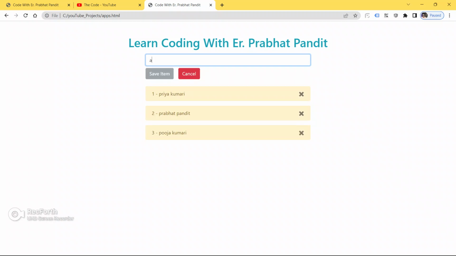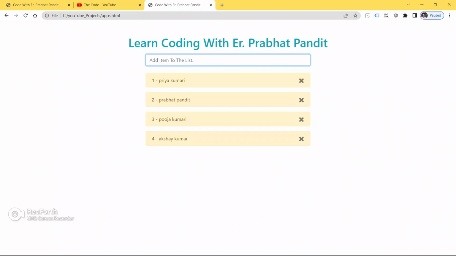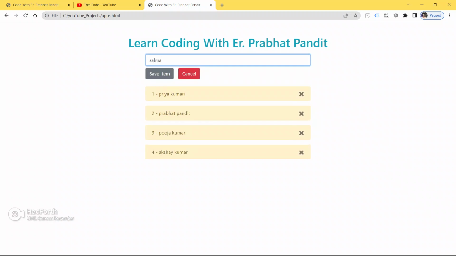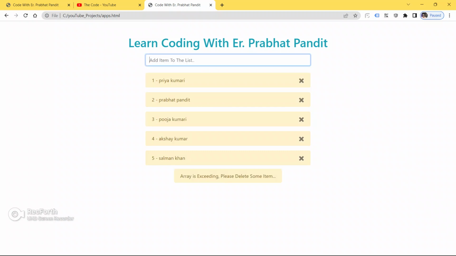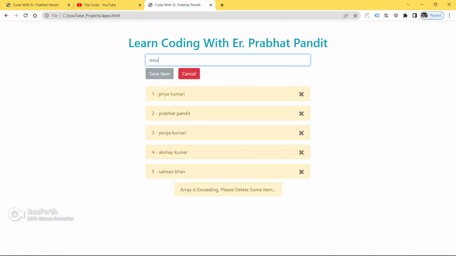Hit enter. It's working fine. Put Akshay Kumar. Hit enter. Put Salman Khan. Click on the button save.